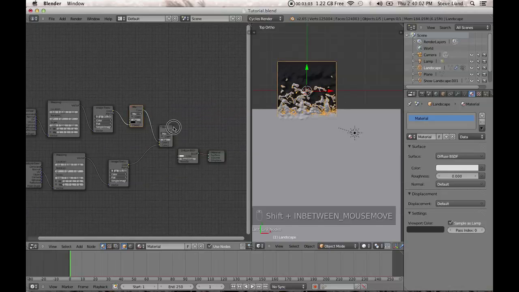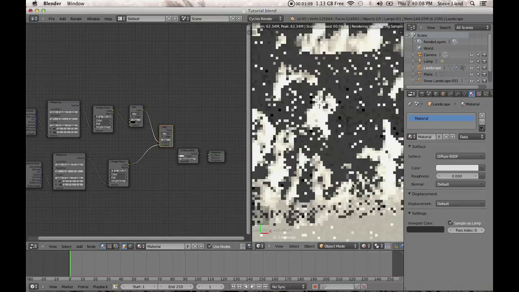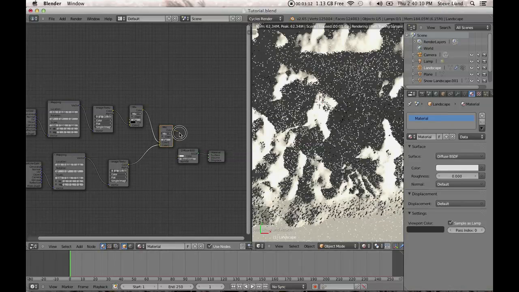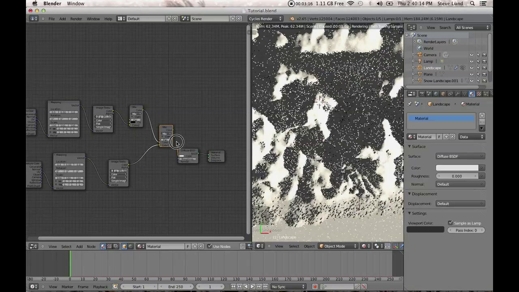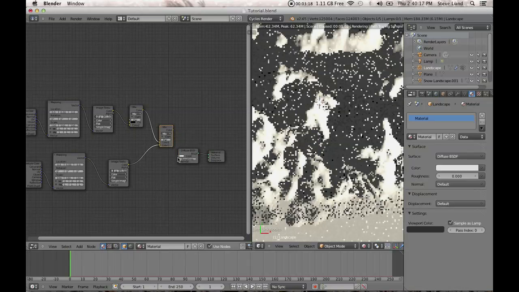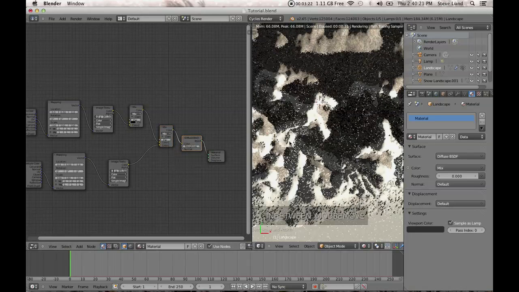Okay, so we can zoom in here and see what it's looking like if we jump over to rendered viewport and connect this up to the diffuse shader. Oh, that didn't work. Connect again. Oh, still not connected. There we go. Okay, so